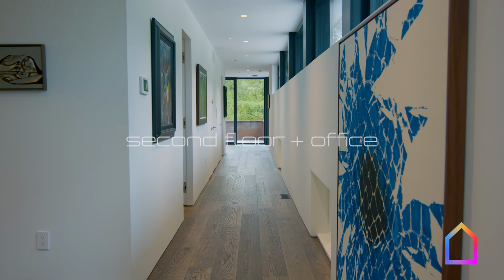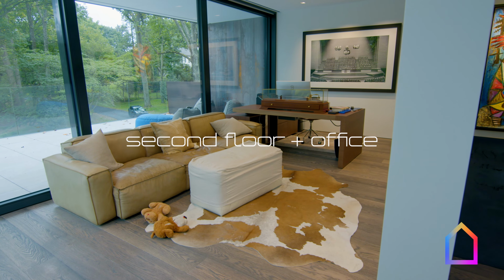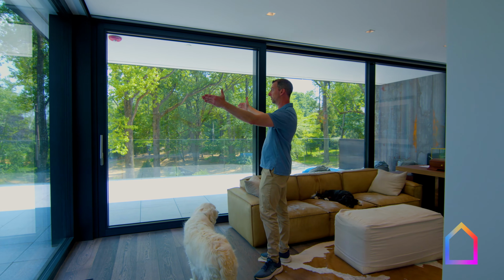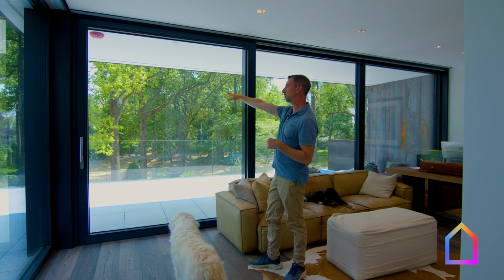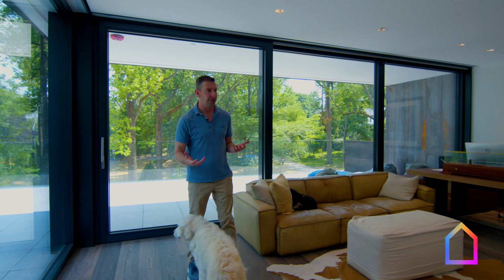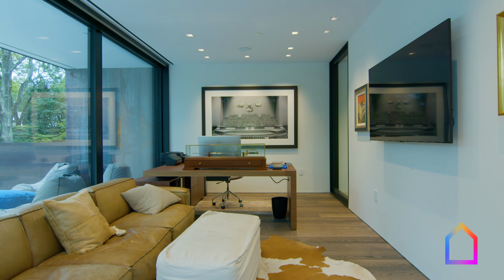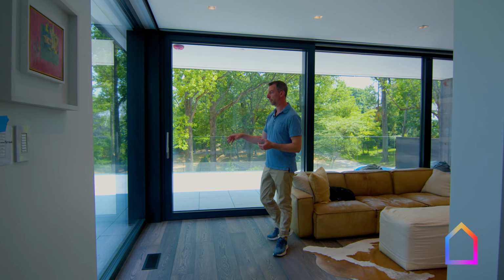So now we're up on the second floor, and I very intentionally situated the office up here. This would probably for a lot of people have been the logical space to have a master bedroom, because it probably has the best views of the property, especially in the winter time. You can see out a couple miles and there's really no houses over there. But I figured when I'm sleeping in the master bedroom, it's nighttime and I'm not seeing anything. So I spend a lot of my time behind the desk looking out this way. And so I really wanted the office to have the best daytime views, which is why we're up here, and